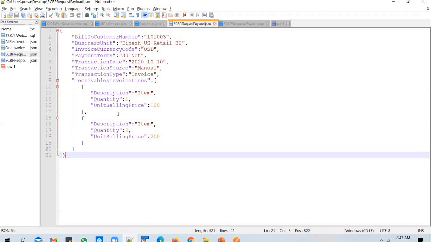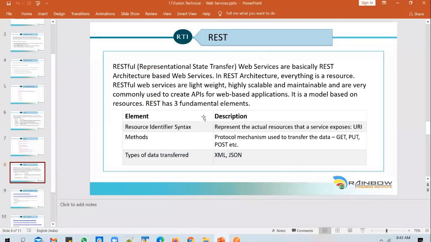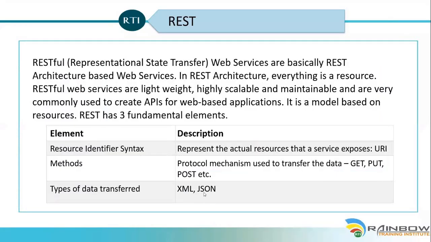Okay. Since the JSON payload is quite lightweight, REST APIs deliver better performance when compared to SOAP. These REST APIs are relatively new when compared to SOAP services, and they deliver better performance because they use JSON payload, and JSON is quite lightweight. At the same time, don't think that REST services will only work with JSON. REST services can also accept XML payload. But if you use XML with REST services, you lose that performance boost that you get with a JSON payload.